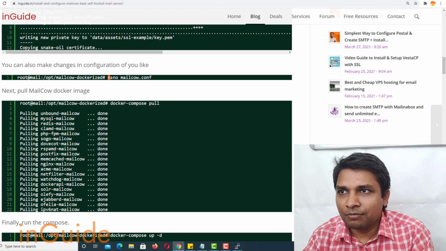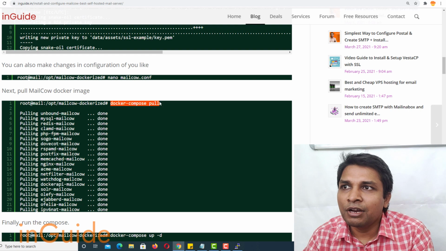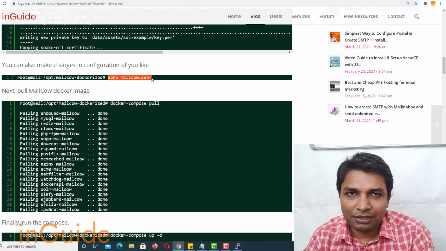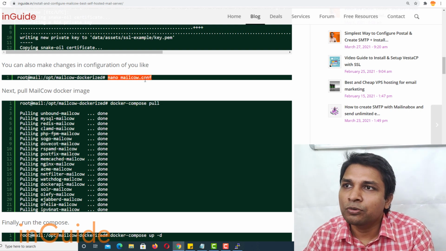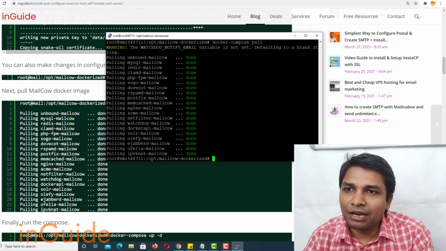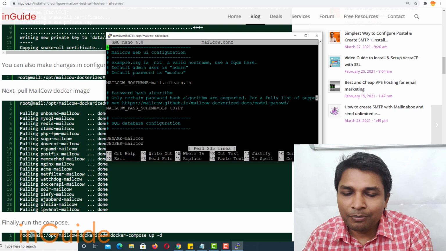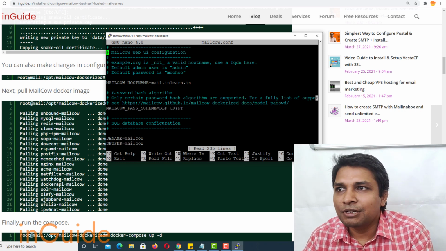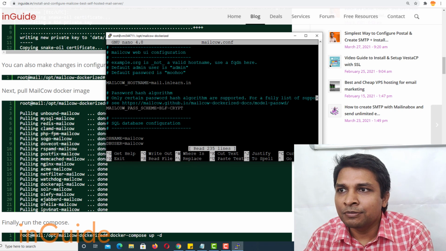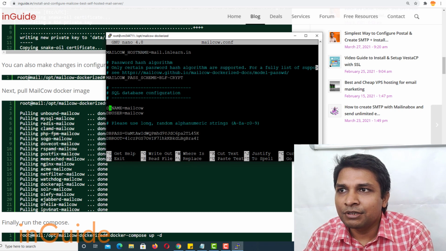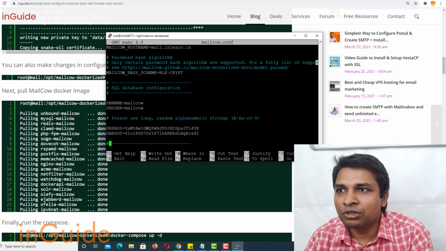Basically, before executing this command, if you would like to make any changes in the configuration file, you can do so. I didn't make any change in the default configuration file. Here you can see the host name and the database name, database user, database password, database root.